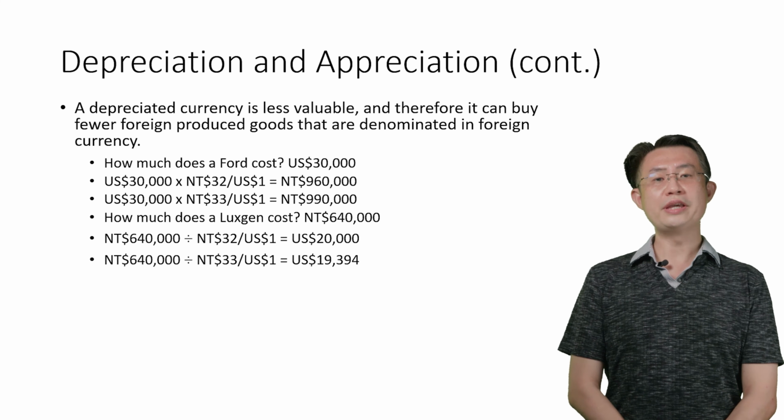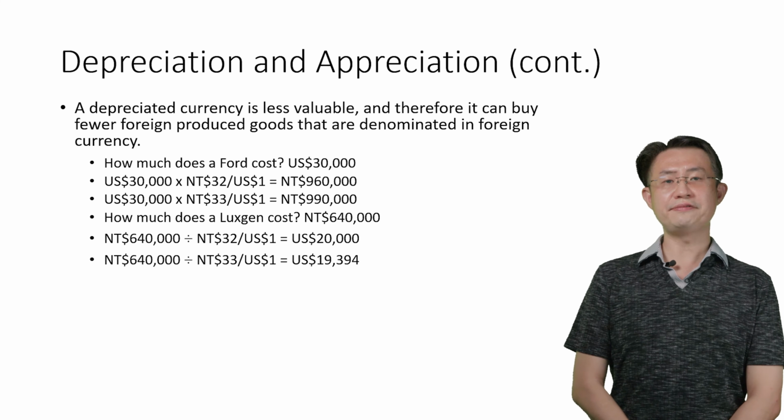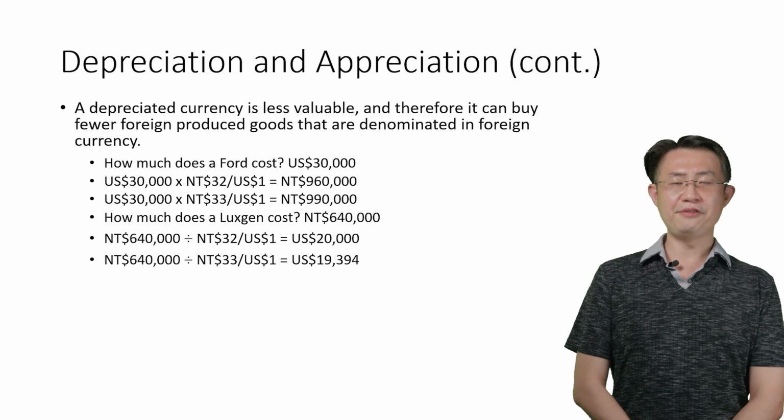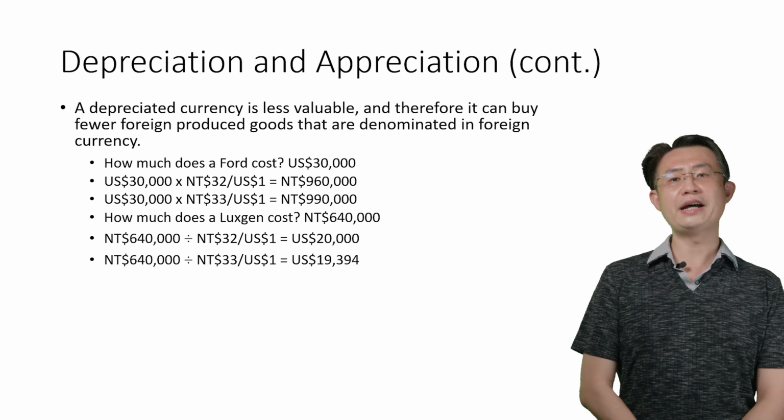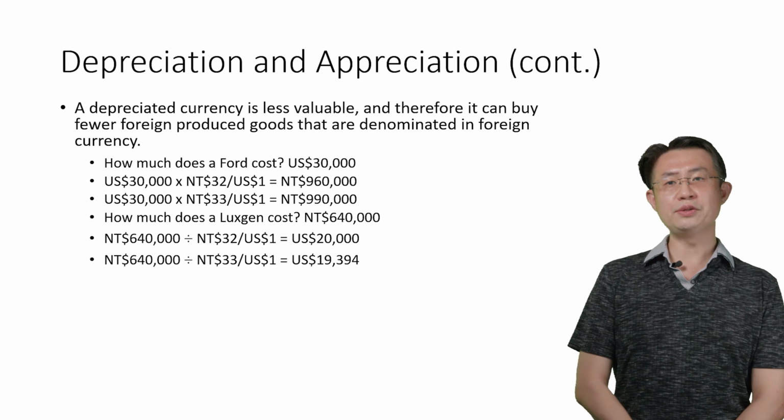We have the Ford SUV. Also, we have the local brand Lexus SUV. Initially, the Ford SUV costs Americans 30,000 US dollars. By using the current exchange rate, if the current exchange rate equals 32, 32 means 1 US dollar can buy 32 Taiwan dollars, right? So we use the exchange rate to help us transfer the price of the Ford SUV into Taiwan dollars, right? So if Taiwanese want to buy the Ford SUV, the current exchange rate equals 32.